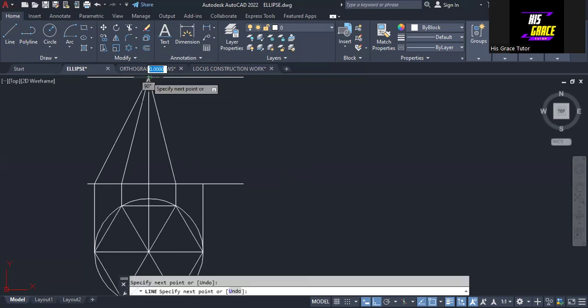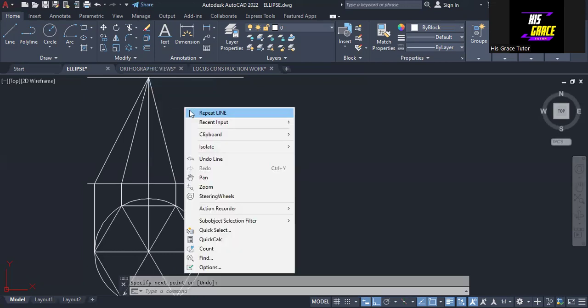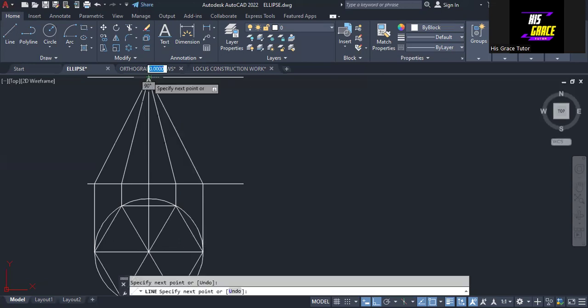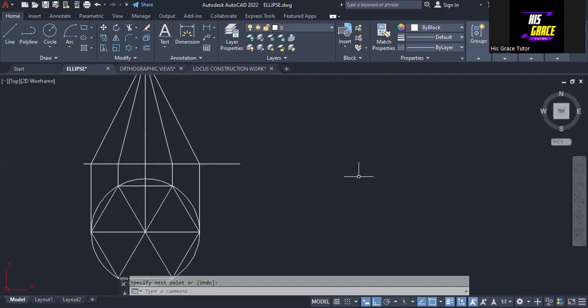Okay, so here we have this point. And then I'll repeat the line again, this point together with the apex of the pyramid. So that's it. So we have made the front elevation of the pyramid. So the next thing that I'm going to do is that